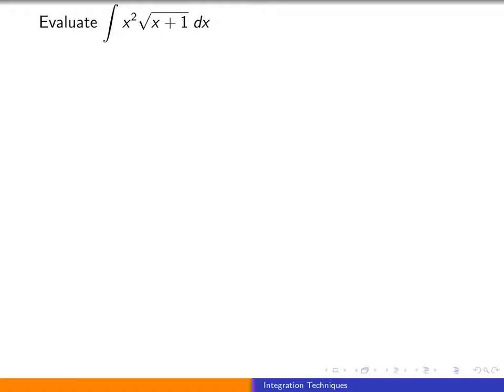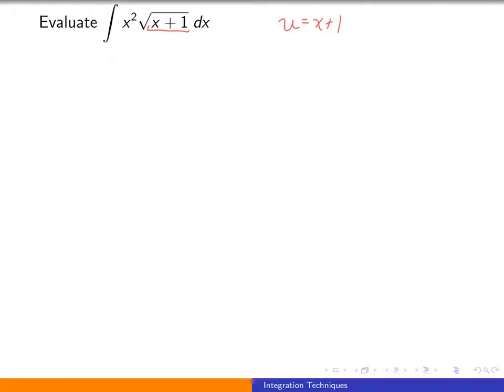In this video, we would like to integrate x squared times the square root of x plus 1. Now, my intuition looking at this is that I see this inside function, this square root is outside, the x plus 1 being inside it. And I'm not seeing really any other way to go about it besides trying a u substitution. So I'm going to go ahead and let u be equal to x plus 1, and we'll see